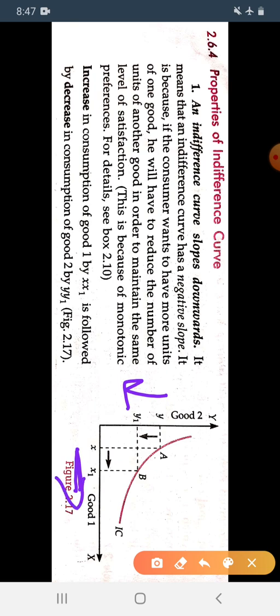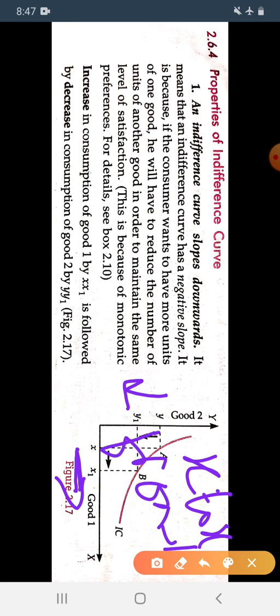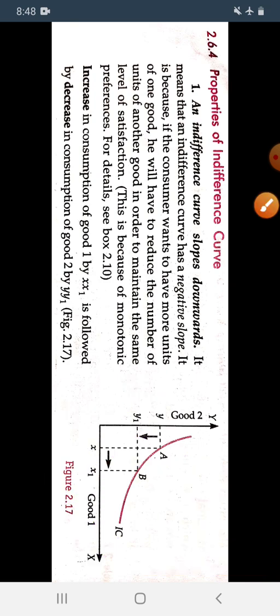That means when a consumer wants to increase the consumption of good 1, shifting from x to x1, he has to sacrifice some units of good 2, from y to y1. It is because from that he is earning the same level of satisfaction. For that purpose, the indifference curve slopes downward,